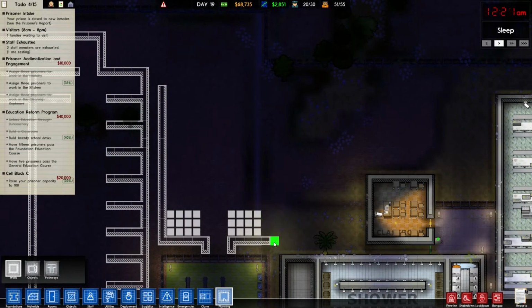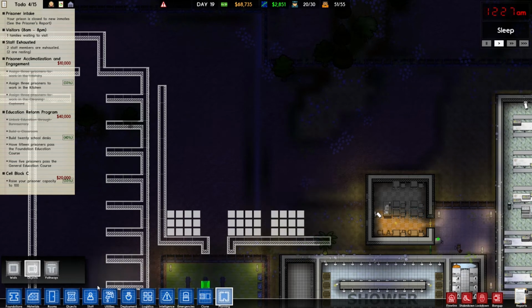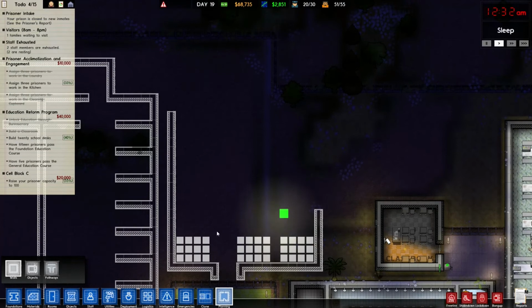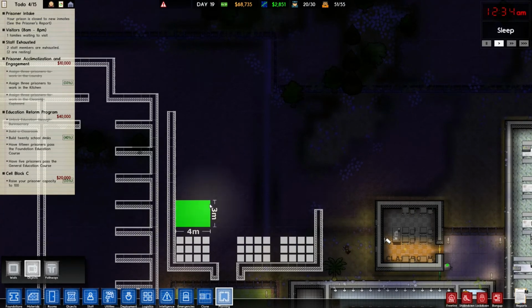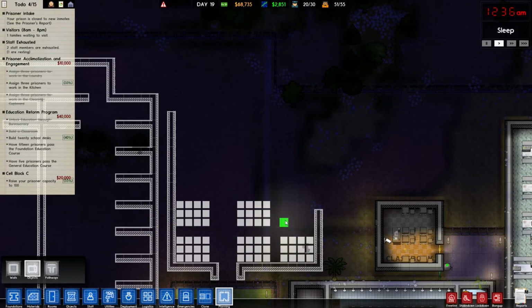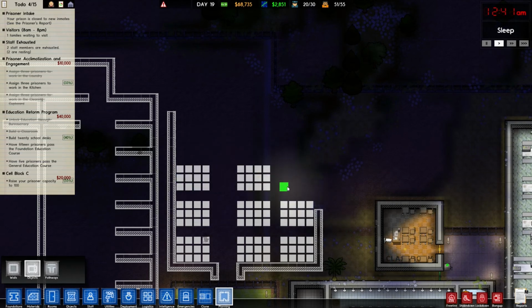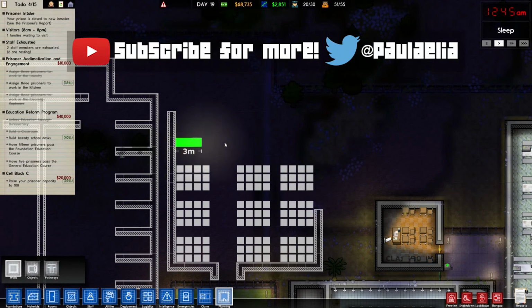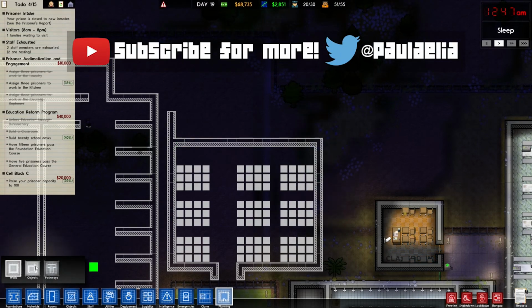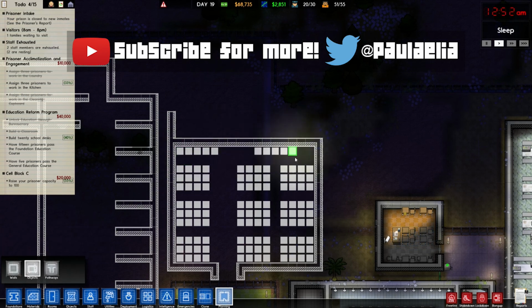So I think I might extend this further and then do like another whole set. Like that. Alright, and then that should be enough tables, and then we'll have two